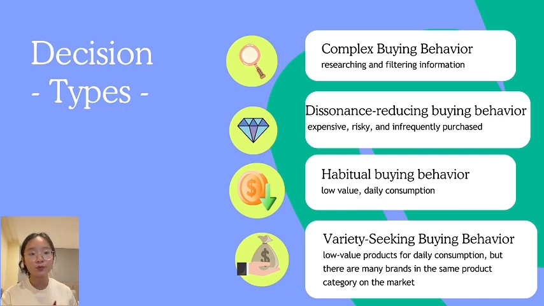And the second one is dissonance reducing buying behavior. For example, a consumer who is looking for new furniture decides on a few brands available, and managers should increase trust, such as by concentrating on building repeat purchases or by offering discounts. And third is habitual buying behavior. For example, the purchase of milk or bread in the nearby store, and managers should use promotions and advertising. And lastly is the variety-seeking buying behavior. Managers should increase product presence in the market to create products which have the same brand but different versions.